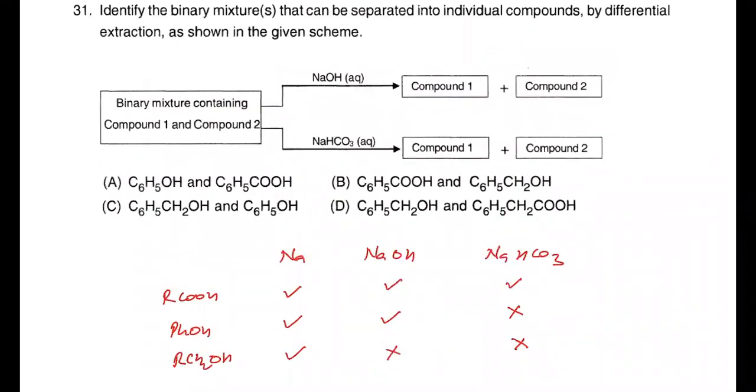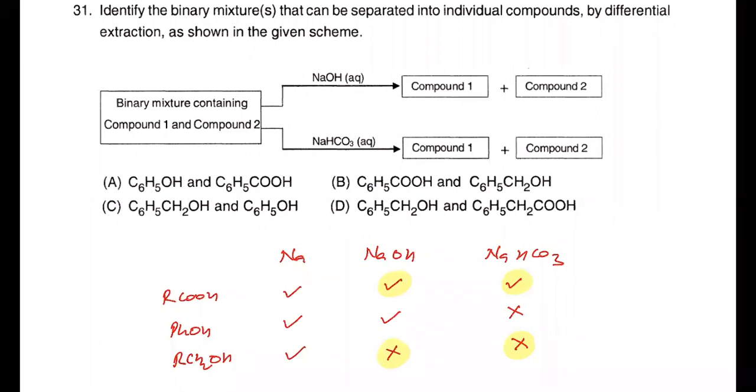So if you check over here, in one test when we are using NaOH, carboxylic acid is reacting, alcohol is not reacting. And with NaHCO3 also carboxylic acid is reacting and alcohol is not reacting. Whereas with NaOH, carboxylic acid and phenol both are reacting, that means they can't be separated by that reagent. With NaHCO3, carboxylic acid and phenol can be separated, meaning with one mechanism they can be separated, while with another mechanism they cannot be separated. That means our compound combination must be alcohol and carboxylic acid. Is that clear? Because it is separated by both the mechanisms.